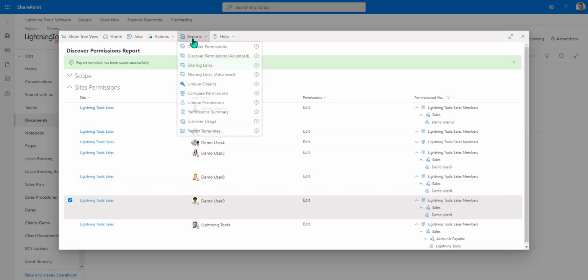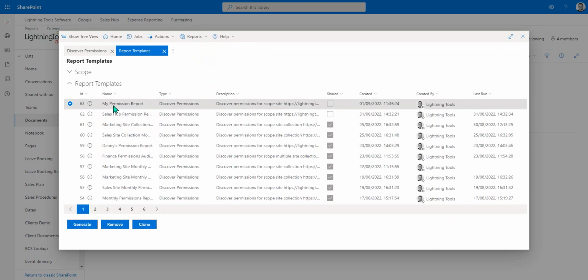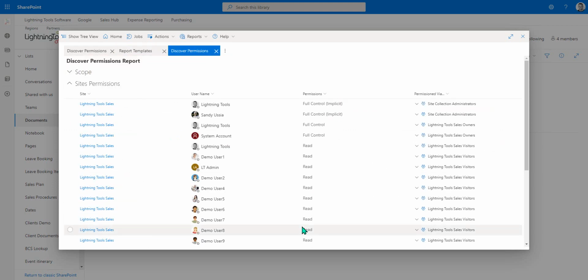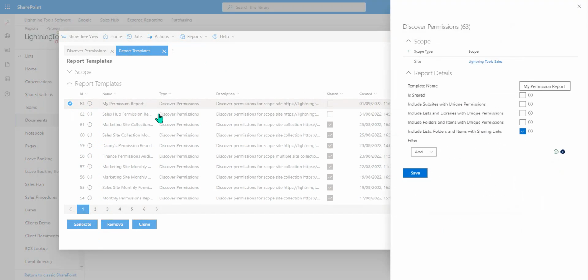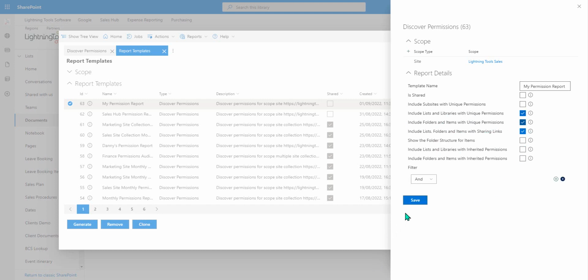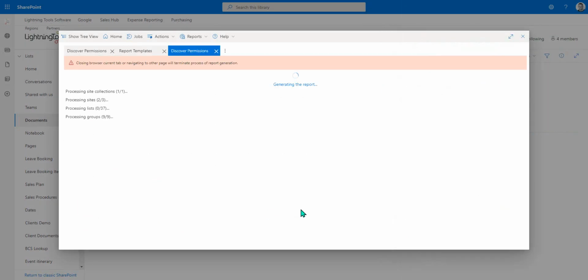So once I save that, as we come down to report templates, this is where it's going to be saved. So you can see My Permission Report right at the very top. We can generate it, and it produces the report for me. And what we can also do is go through and amend it. So in here, if we decided that we wanted to include some other things inside of our reports, such as the lists and libraries with unique permissions, or the folders and items with unique permissions, we could do that. And as I hit save here and generate that report,